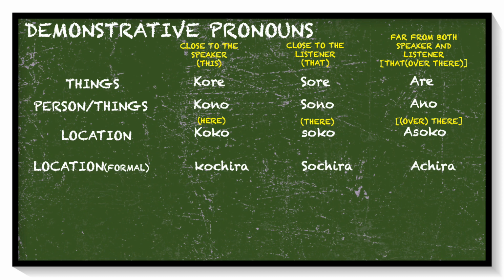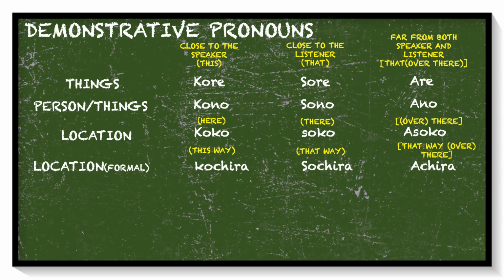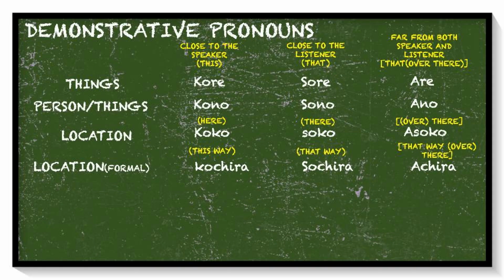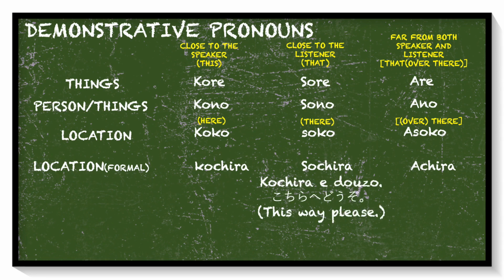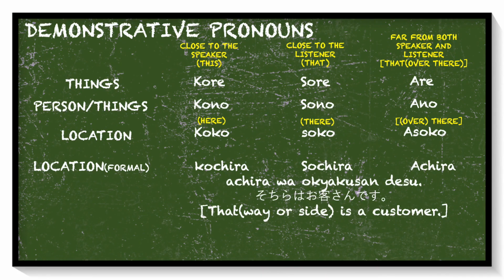Also, it is commonly used to indicate direction and the position of a person or thing. In that case, it is translated as this way or this side, that way or that side in English. For example, こちらへどうぞ。あちらはお客さんです。